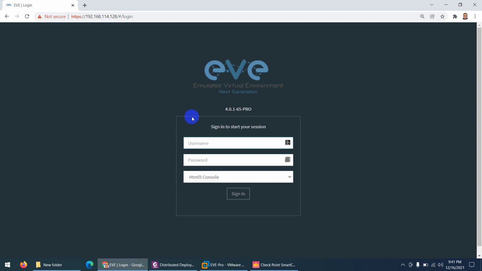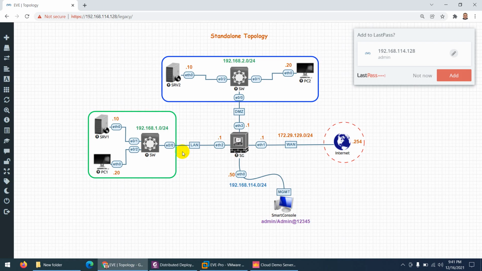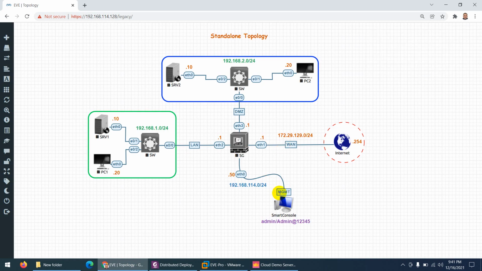If I go to here, admin, and let me open my EVE-NG, so that I can clear you these three things. Keep in mind, these three things have to be clear to you. So this is my smart console which is installed in my Windows system.